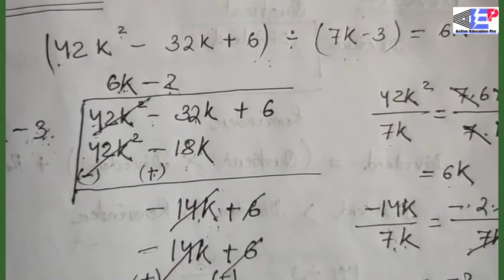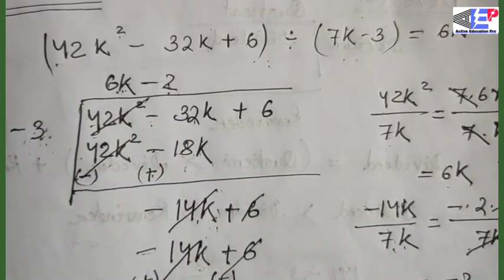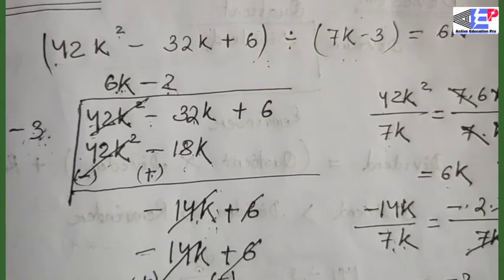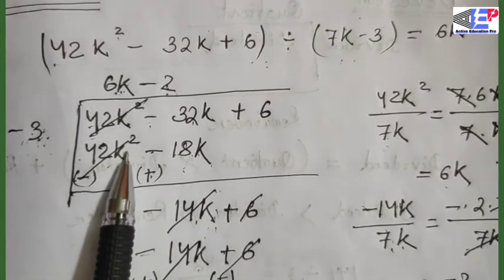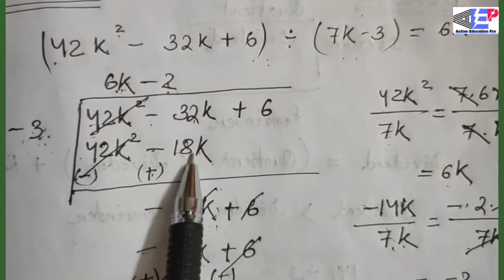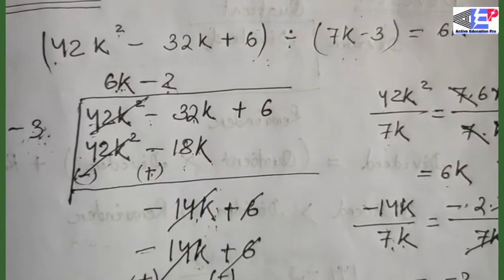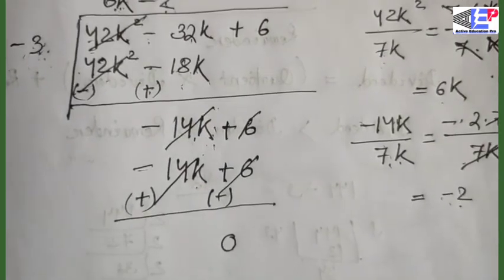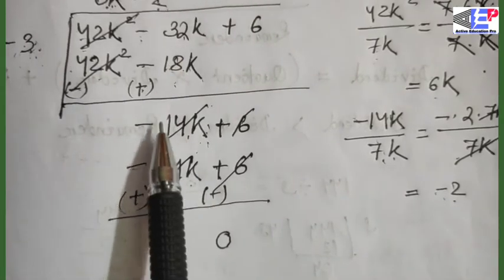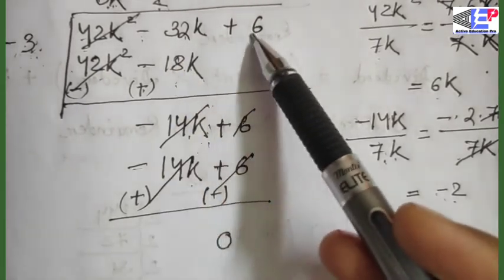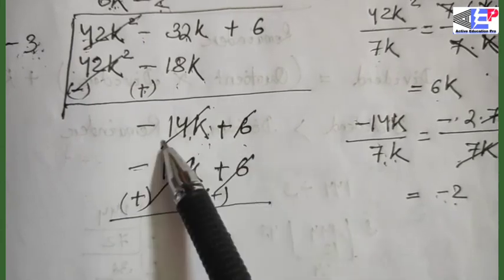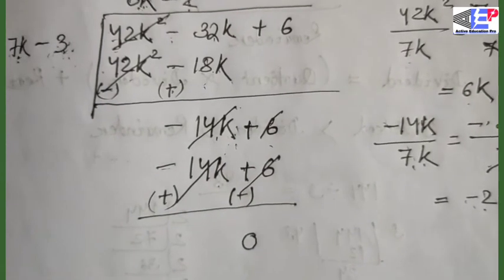And you know at the time of division we subtract, so at the time of subtraction change the sign. 42k square will become minus, and minus 18k will become plus 18k. As for addition and subtraction, here the answer will be minus 14k, and then plus 6 comes down. Minus 14k plus 6. Now